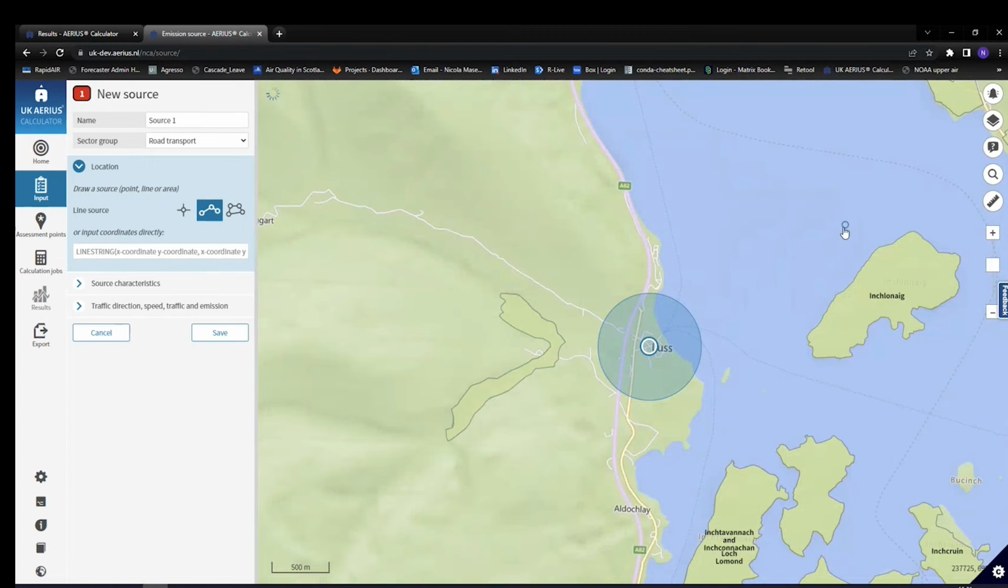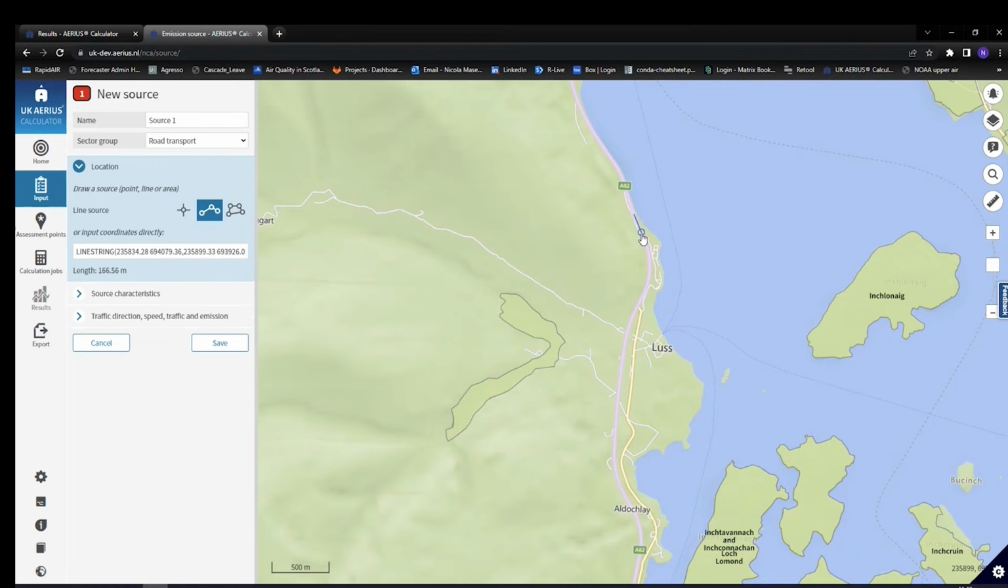So you'll see now, using that search, we've now zoomed to the town of Luss. And what we're going to do now, making sure that a line source is selected, we are going to draw the location of the road link. So you'll see that there's a base map included within the AERIUS model, and so we can therefore draw the road source following the location of the road